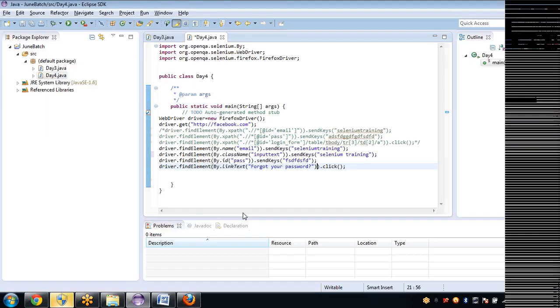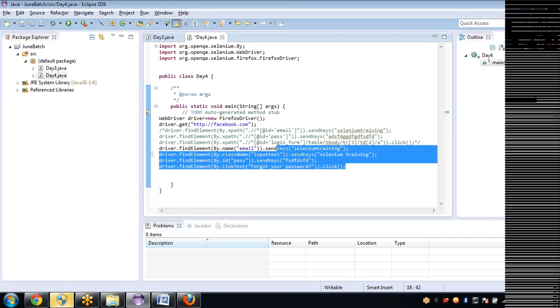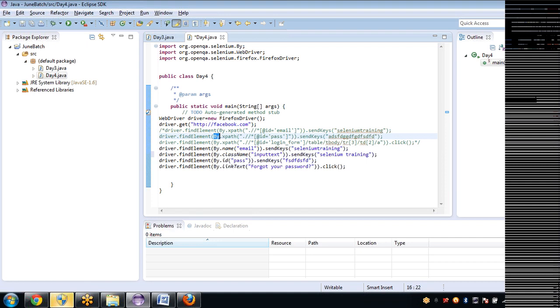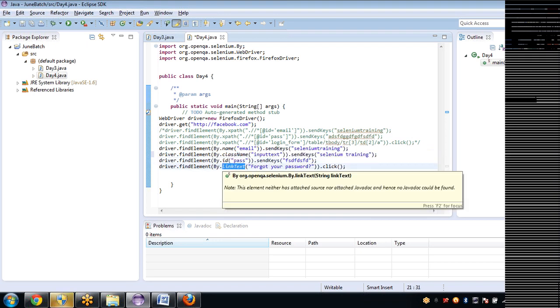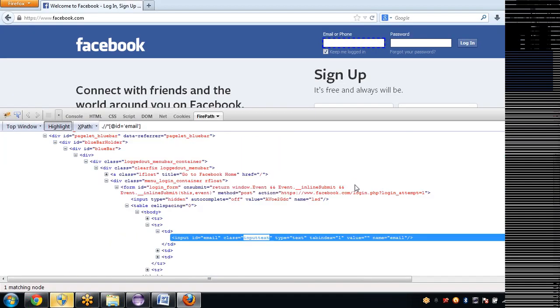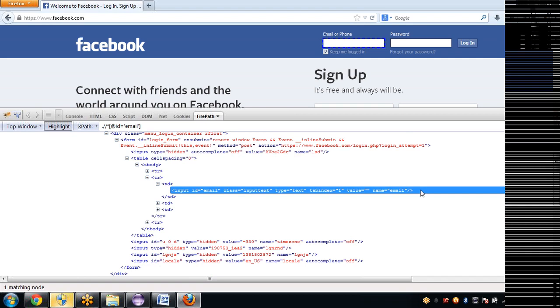So that's the reason I am giving you all kinds of possible ways to identify an object in the element. You cannot expect to have everything for all the elements. Sometimes some will have only ID, and if nothing is there, you can go with link text. So that's the reason I'm telling you. As this is Facebook, they have given you all the possible ways, but go and check in other websites.